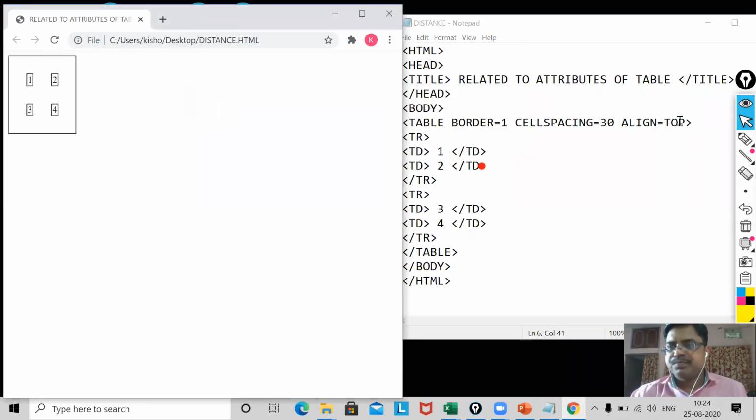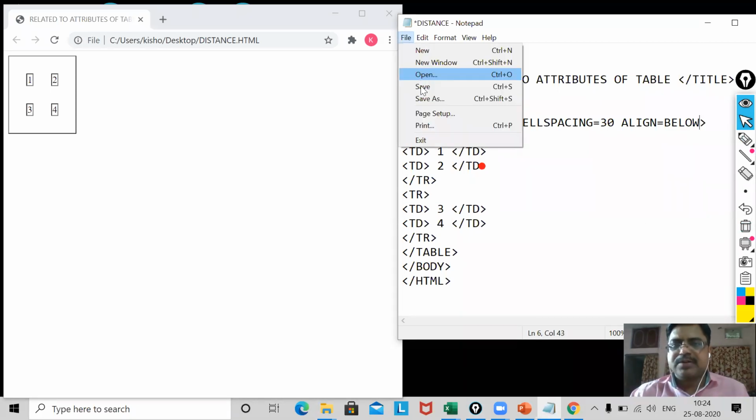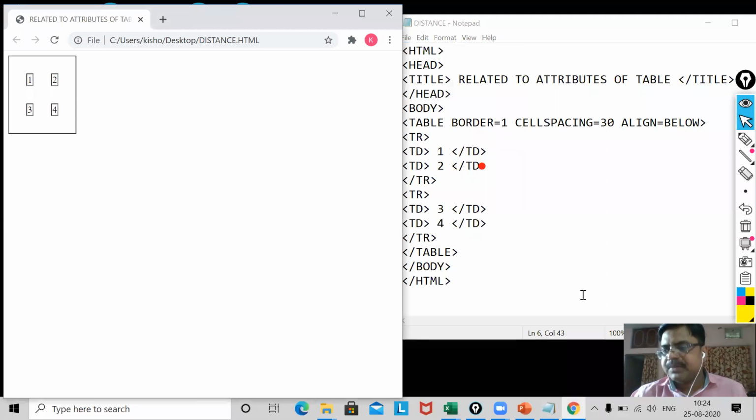See, no. If you are using above, top, below, now you see, it will not work. So when you are using an image, then it can work. But when you are using a table, you say only, because you have to write the text also, maybe above or below. So that's why you have to specify the table only in 3 directions. Any one direction, you use left, center, or right. So I explain.